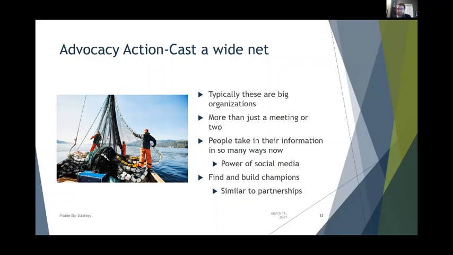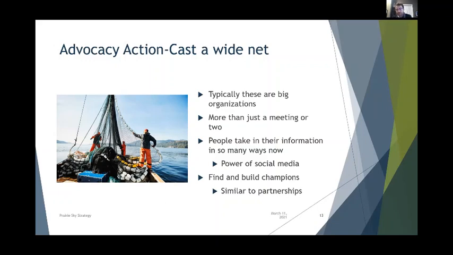This, I think, goes without saying. Typically, these are more than a meeting or two. I think it's pretty rare to walk into a meeting with someone from government and make your pitch, and then right away it's granted and accepted. Naturally, you're one stakeholder in the government process, and there are other stakeholders, other competing pressures and people they need to talk to before they make a decision. So I would encourage people to cast that wide net and to keep at it. It's more than just a meeting, and to really reach out to other MLAs, others in government.